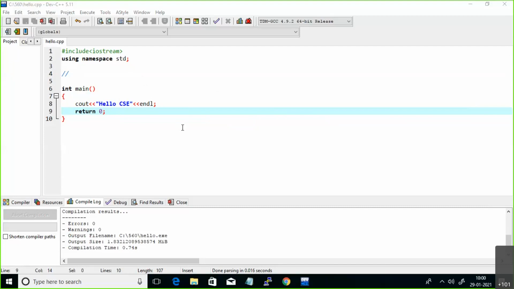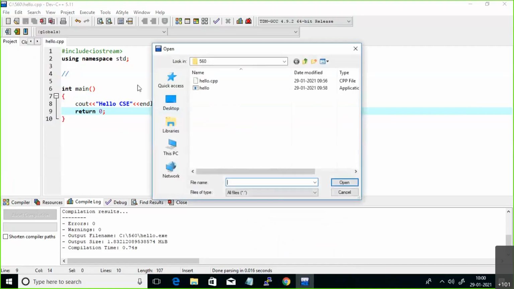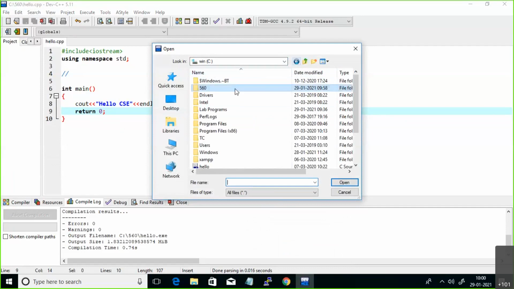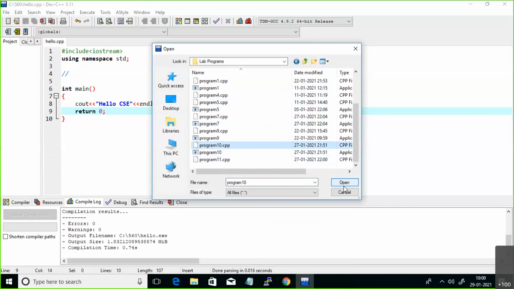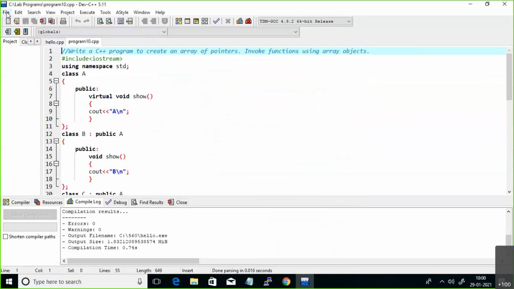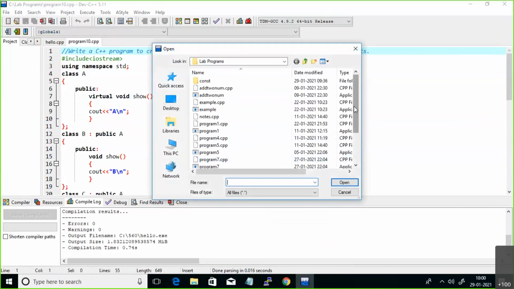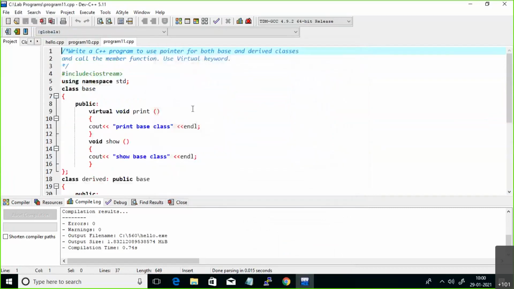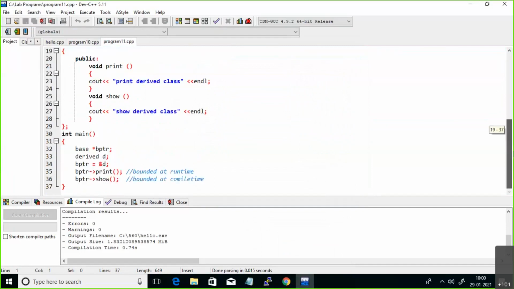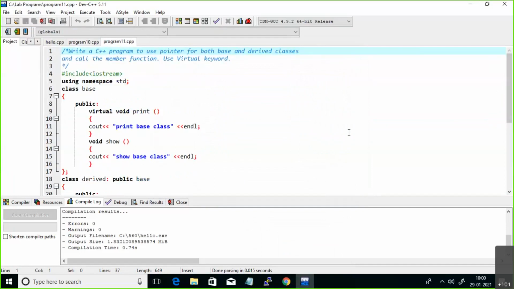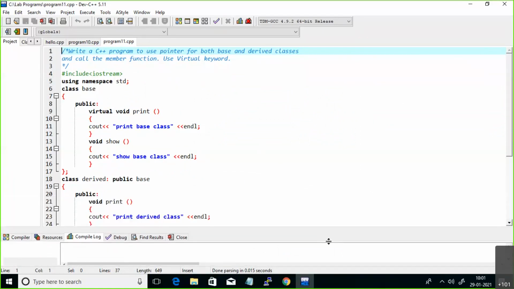See, coming to our 10th program. Just first see this 11th program, then after that I will explain the 10th one.